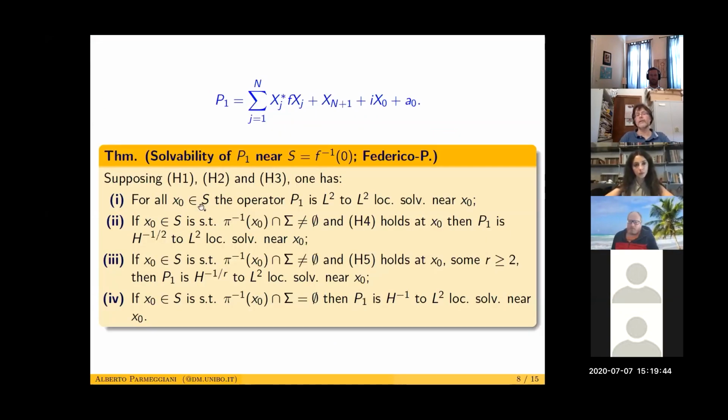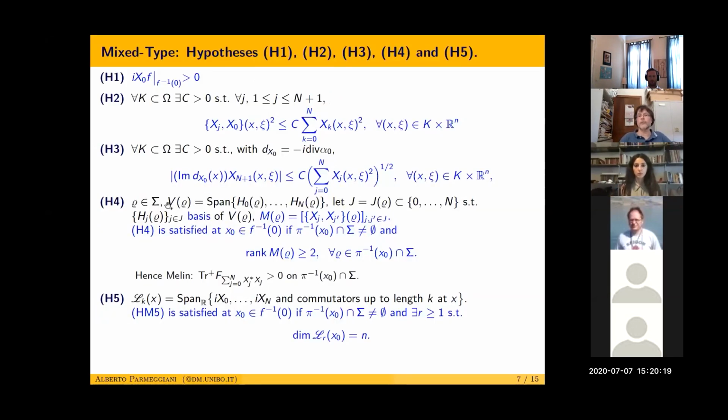Then for any point which is degenerate for f, the operator is L2 to L2 locally solvable near x naught. So although you change sign, given any source term in L2, near x naught you may find a distribution which solves the equation there. So if x naught is in S, and of course you want to see that also there is some degeneracy given by the characteristic set, which is the 0 set of x0, x1 up to xn, and H4 holds. H4 is this kind of Mellin condition, which is that L2